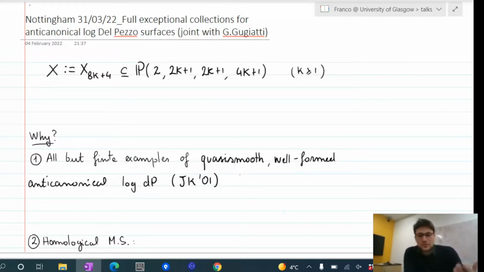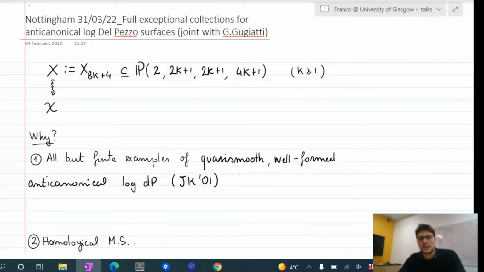This is a countable family of surfaces, but it turns out that they share a lot of properties between them. So I will often just drop the k from the notation and just denote X for any one of these surfaces. I'll make the k explicit when needed. These surfaces have singularities, which from the point of view of the derived category can give you a little bit of awkwardness, which we sort of bypass. There's deeper reasons to do this, and I'll mention them later, but it makes sense for us to look at